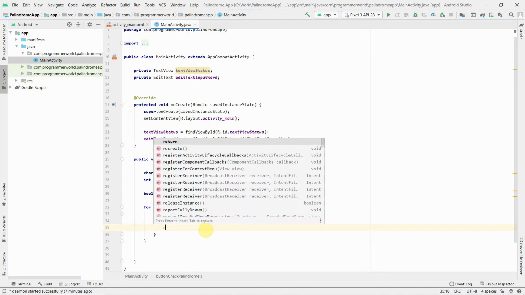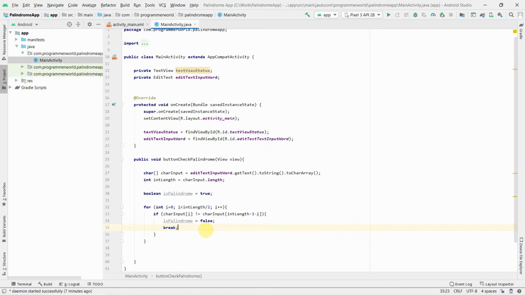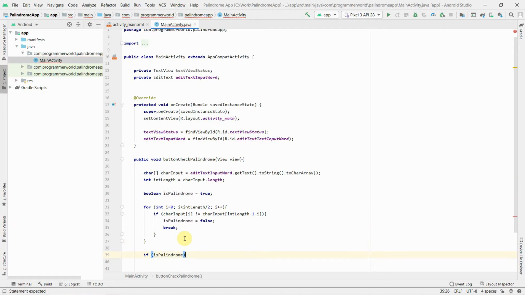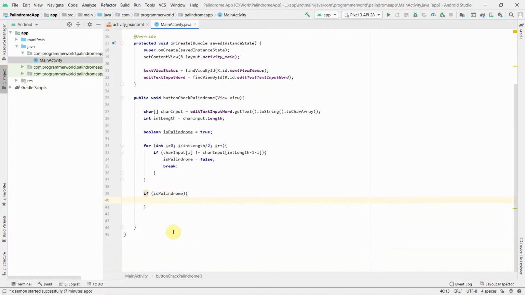Probably what we can also do is break. No point running it further, because the moment even a single character is not matching, you just know it's not a palindrome, and we can just break and go ahead and print the status. If it's a palindrome, that means it has never gone inside this part, and it has never become false.